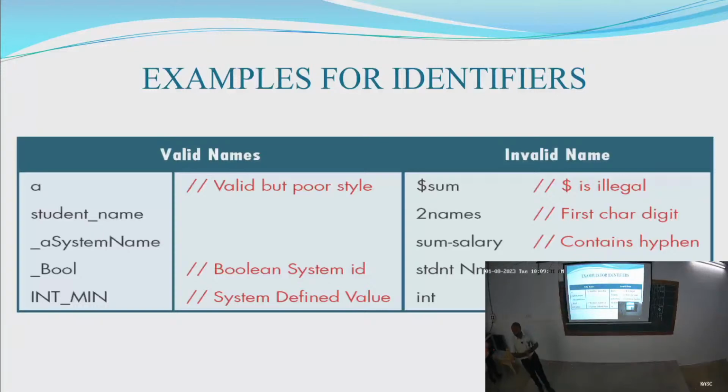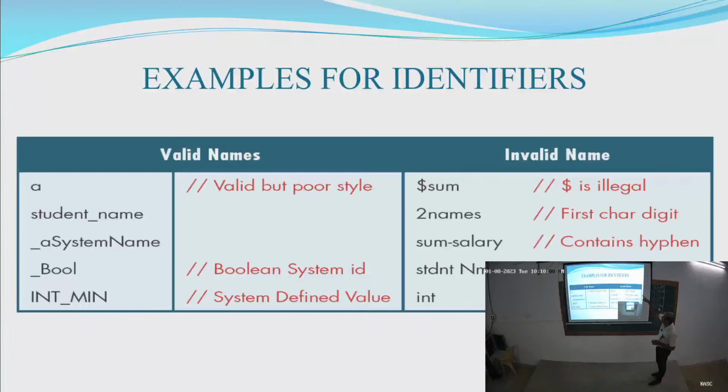Invalid. Because according to the rules of identifiers, no special symbols are allowed except underscore. And the name may start with an underscore or alphabet. Here the variable _A_system_name is one of the valid names. And the next ones are Boolean, system_ID and int_minimum. These are all valid names. And the invalid names are